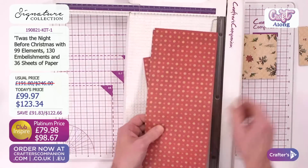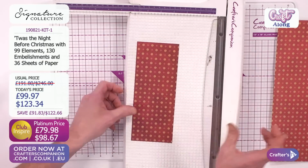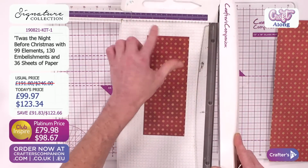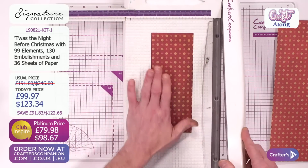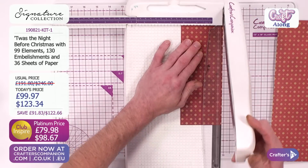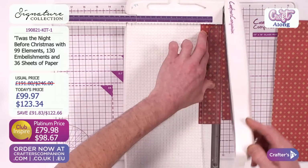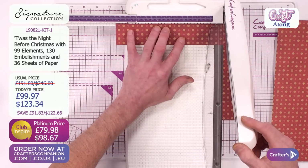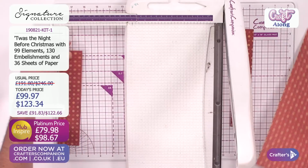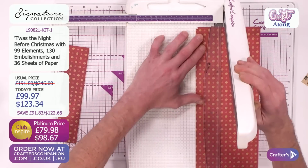Then what I'm going to do is these other bits, I'm going to flip them over and now want the red side. So I want 2 pieces that are actually going to be 1 3/4. So if you have already cut what I just did there as a mistake, you can actually use this bit now because we want it a bit smaller. So I'm going to cut this one down to 1 3/4 by 8 1/4. So that's fine, I'm already at the 8 1/4. And we want another one, exactly the same. So that might be just a bit too thin, which it is. So 1